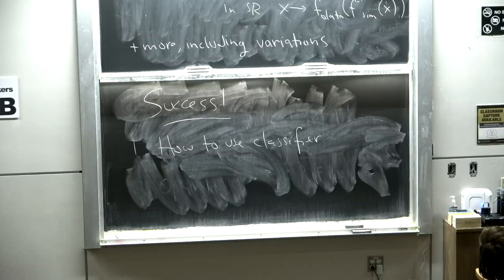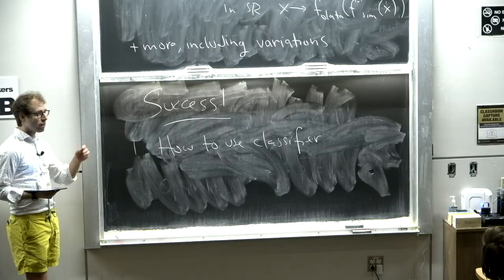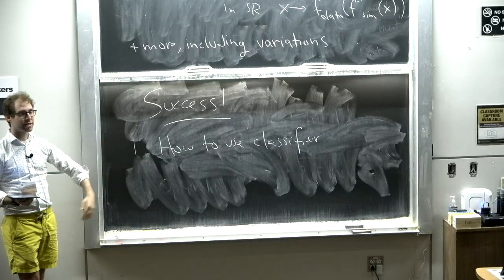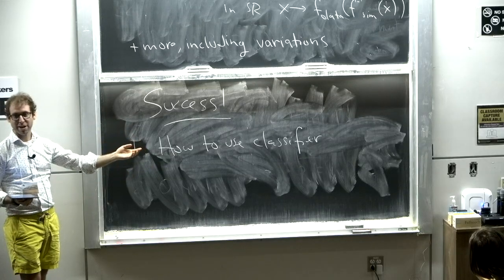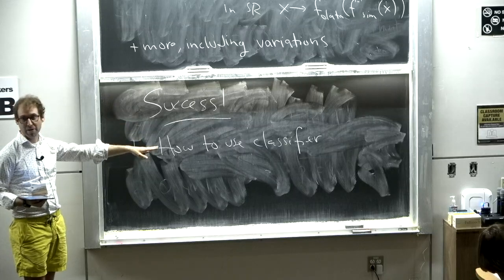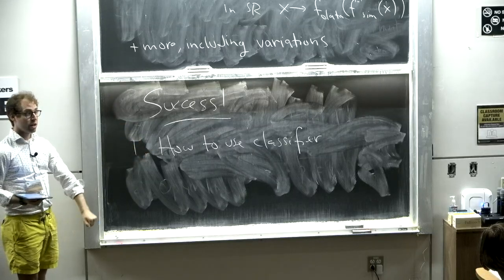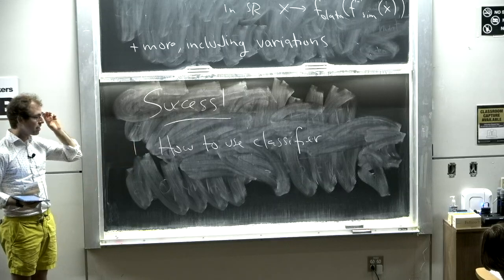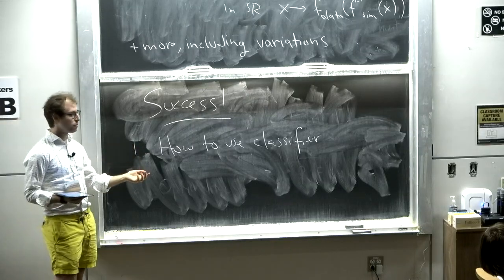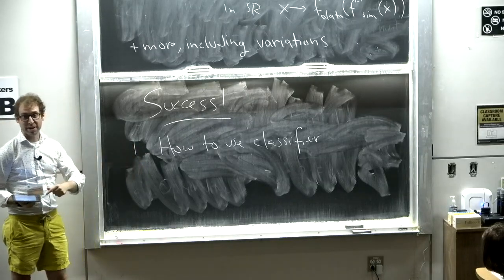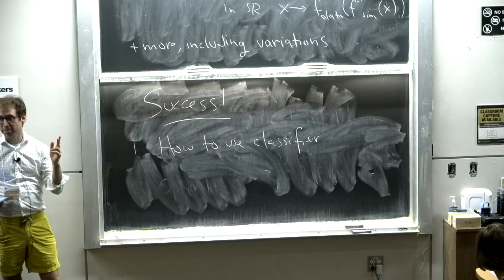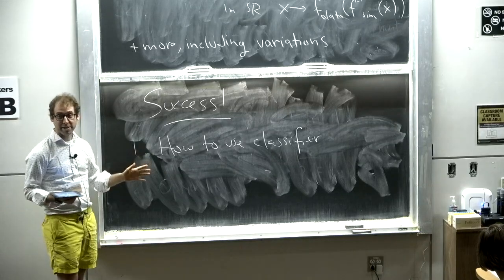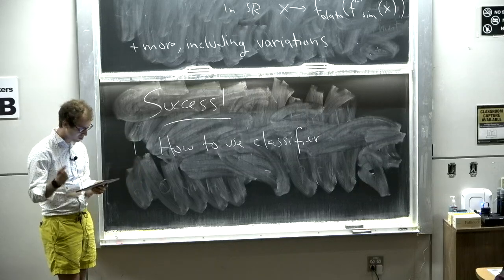Another question is, let's say I train my classifier to distinguish data from the reference and make a cut. Can I look at the same data I used to train the classifier with? Because I'm actually training a classifier on the data, right? Should I divide the data in half? Do I have to divide it in half? Do I have to do k-folding? These are all interesting questions related to the look elsewhere effect. If I train and test on the same data, will I artificially make bumps or anomalies? It kind of depends how you do the setup. But that's an interesting question.